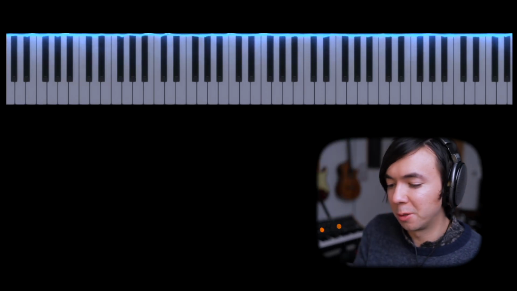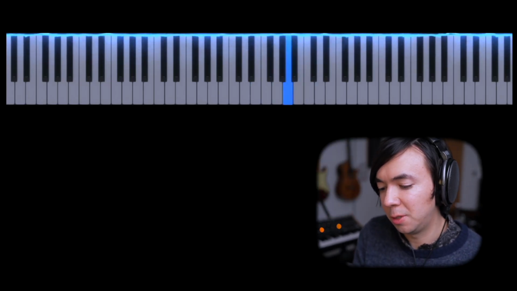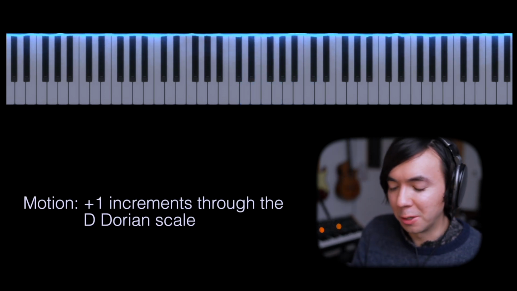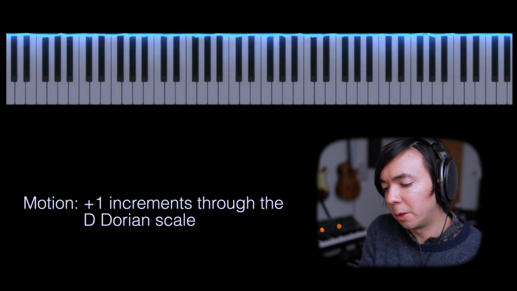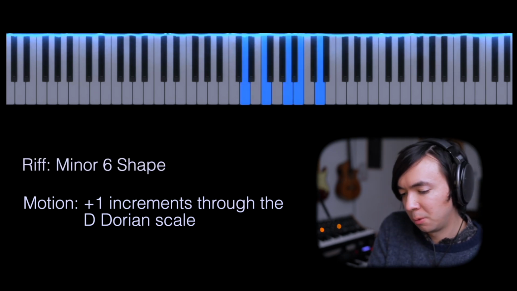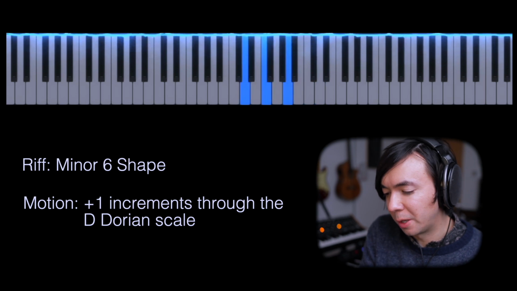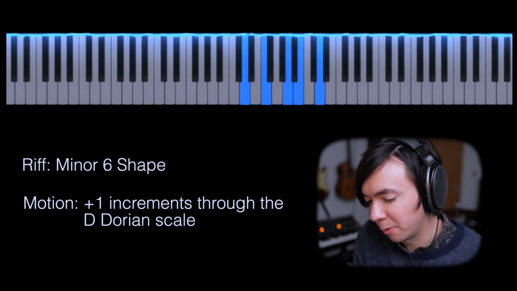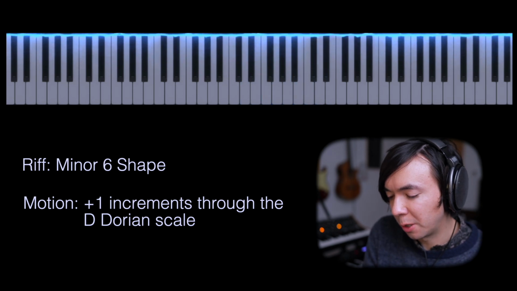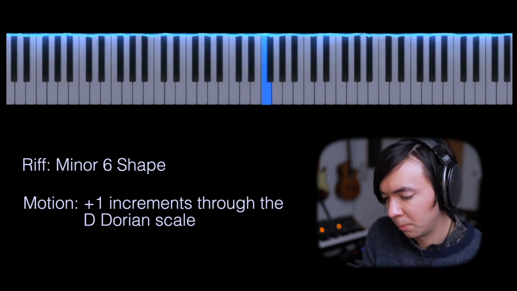Let's do some more examples of modal sequences. So this time I'm going to do something in D Dorian, which is nice and easy. It's all the white keys. I'm just going to find an interesting shape. So I quite like this. This is a D minor 6 arpeggio. So there's a triad there and then two notes here. So you've got that going on. And move the whole thing up, but staying within the scale, which is all the white notes. So that's nice and easy.